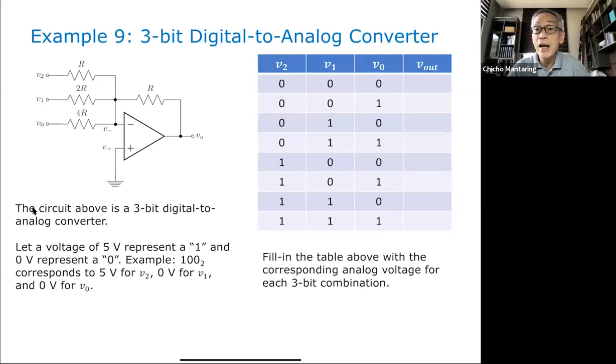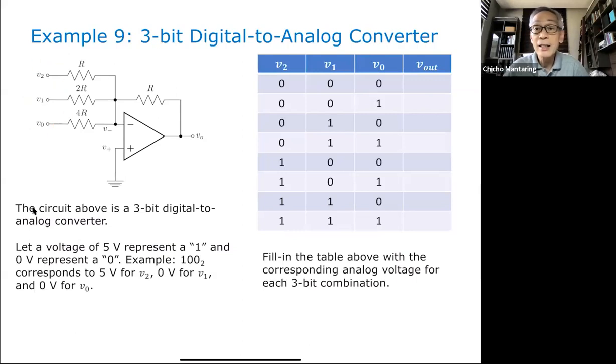So if I say my analog variable is from 0 to 5 volts, it can be 1, 2, 3, 4. It can be 1.5, 1.001, 1.0003. It can take on an infinite number of values. So this is an example of a digital to analog converter. Essentially this is an inverting summer. The input to my summer